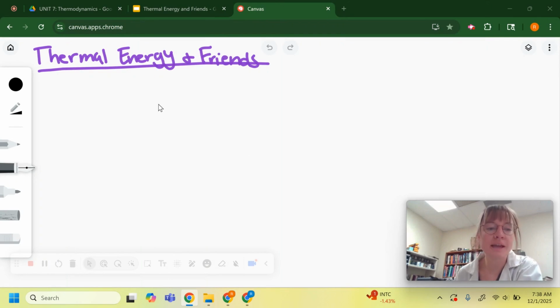Today we are starting a brand new unit on thermodynamics. And when we start this brand new unit, we are going to start just by learning a lot of vocab terms. These vocab terms will be ones that come up again and again and again. They're going to be little nuances and distinctions between these vocab terms. They seem like really, really similar concepts, but what you'll see as we get into them is that they do have